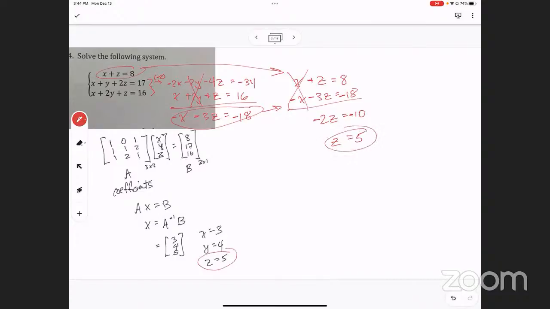Now I can go back and plug it in to find out what x equals. So if z equals 5, that means x equals, you can do that in your head, right? X equals 3. And I'll plug those both back into one of the other equations. Let's say x plus y plus 2z equals 17. Plug in 3 and plug in 5 to solve for y, and you get y equals 4. So that would have been the other way to do it. That would have been the elimination way of doing it,